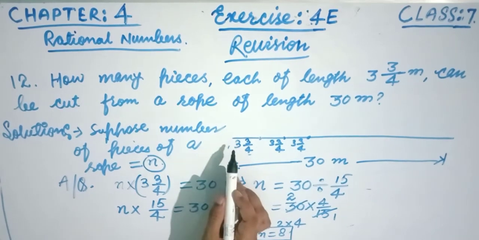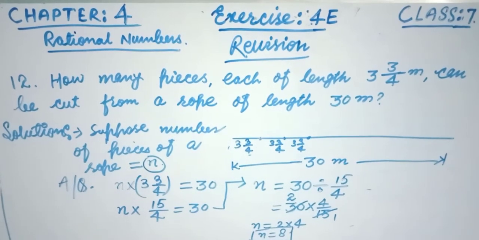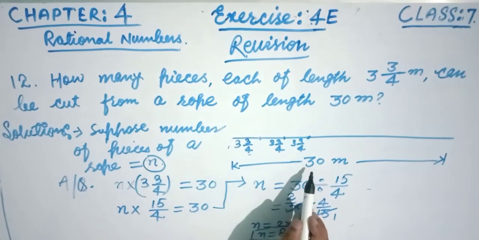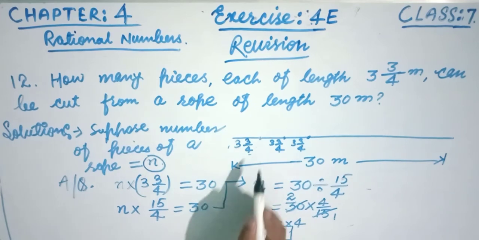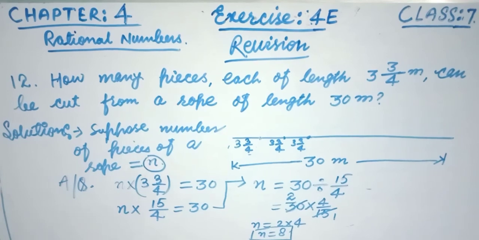So that means we can say, hence the rope of length 30 meters will be cut into 8 pieces. How many pieces? 8 pieces. That means we can make 8 pieces, and what will be the length of each piece? The length of each piece is 3 and 3 by 4. Okay, I hope